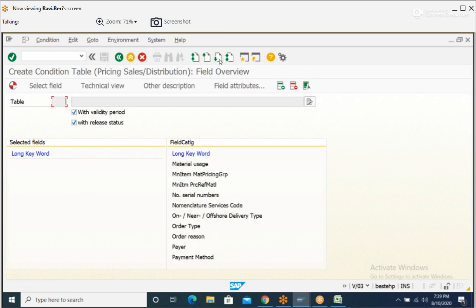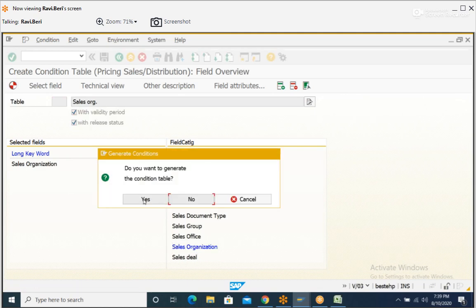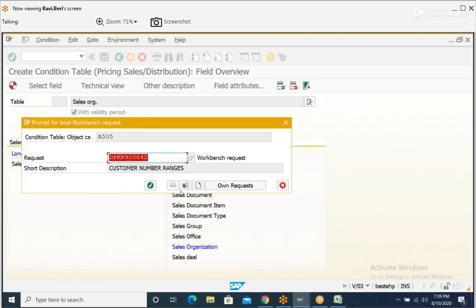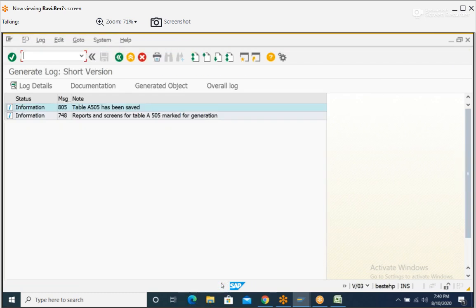Okay, sales organization. Generate. 505 is the table number. Next,